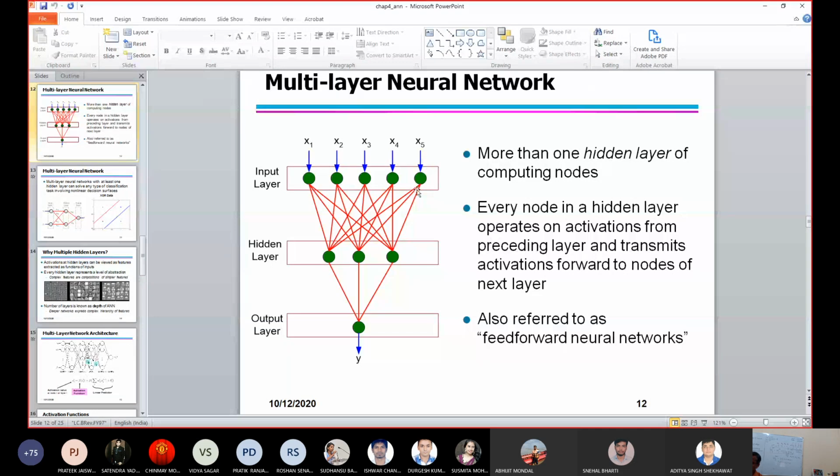The first one is called the input layer, and the last one is the output layer. In the earlier case, the hidden layer was absent, so all inputs were directly connected to the output layer. Now it is connected, but hidden from the input and output layers, so it is called the hidden layer. Now come back to the old problem. Instead of a single neuron or single processing unit, we can have multiple, and as I said, each neuron will give a single line. So now we'll talk about the multi-layer neural network.